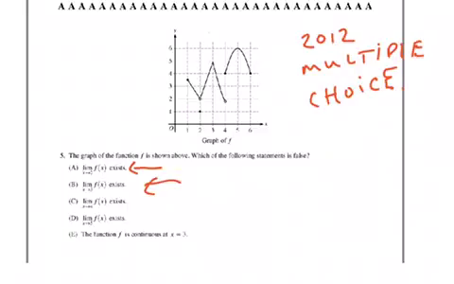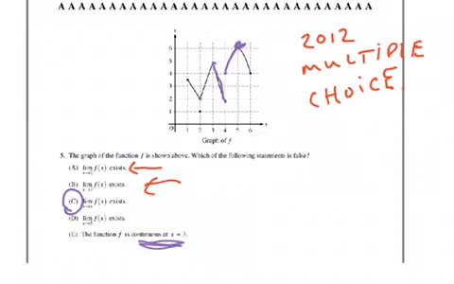If we look at C, then we see that the limit from the left approaches 2, and the limit from the right approaches 4. Because they're not approaching the same value, the limit does not exist, and this is false, and hence that's our answer. D is just like B, and continuity is essentially, think of it as if you don't have to